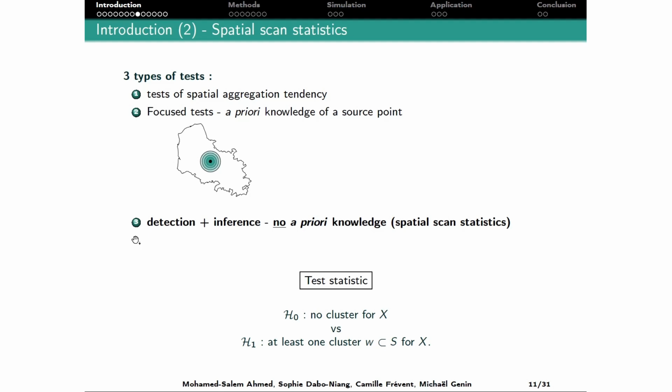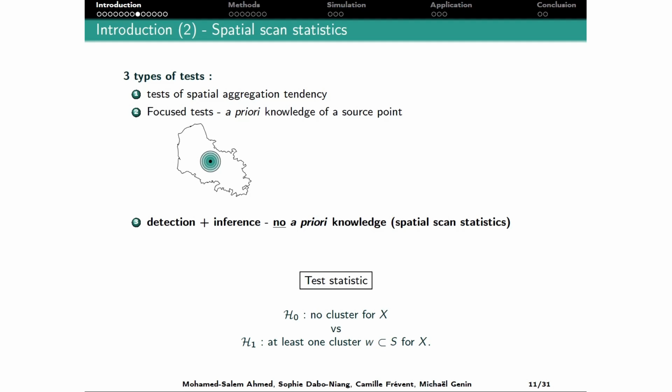And the other alternative, called spatial scan statistic, detects a cluster using a regression model and without a priori knowledge. Without any, let's say, blind, we detect clusters, and then this detection is combined with a regression model